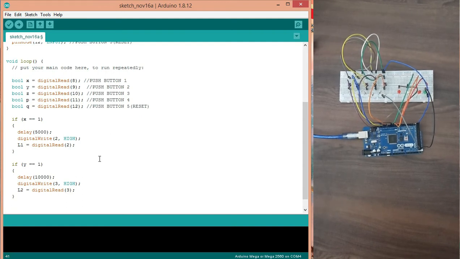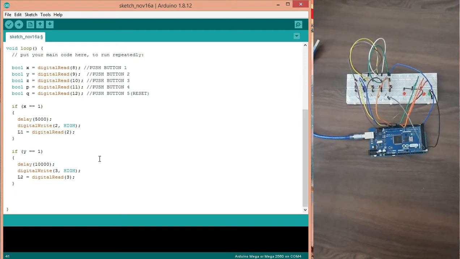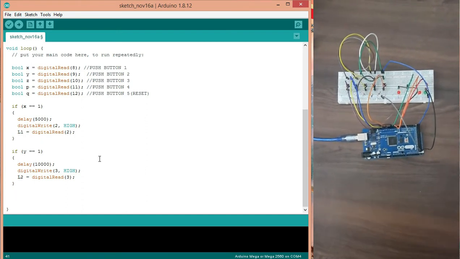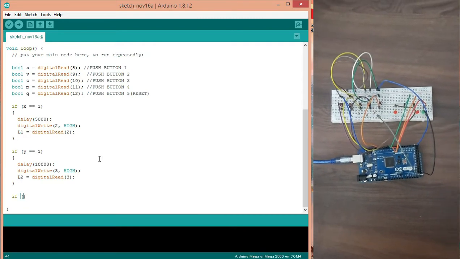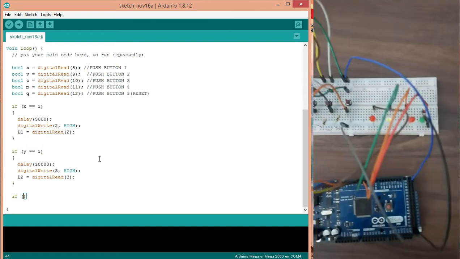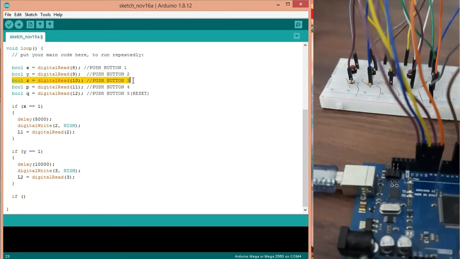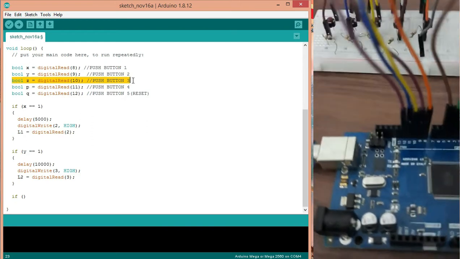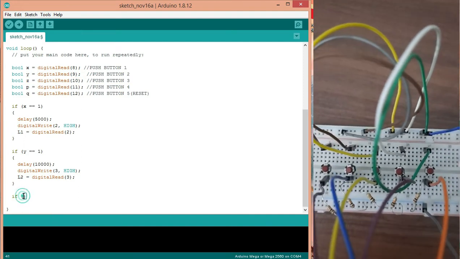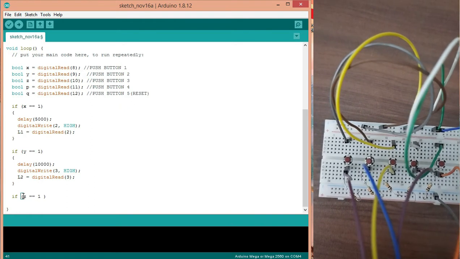Now, according to the logic, we have to glow LED 3 if and only if the first two are on. When these two LEDs are on, then the third must be on. But before that we have to press push button 3, and that push button 3 has its digital read value at the Z variable. So for that, if Z is equal to 1 and